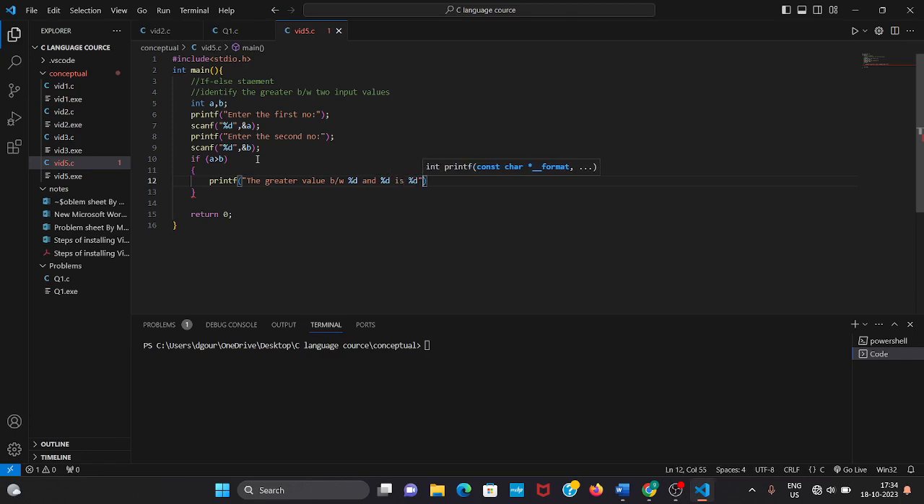Okay, so now we have to actually assign the percentage d with the variable. So what will it be? If a is greater than b, then the output will be what? Which will be the greater value? A will be definitely. So here at first what we will write after comma, the greater value between this